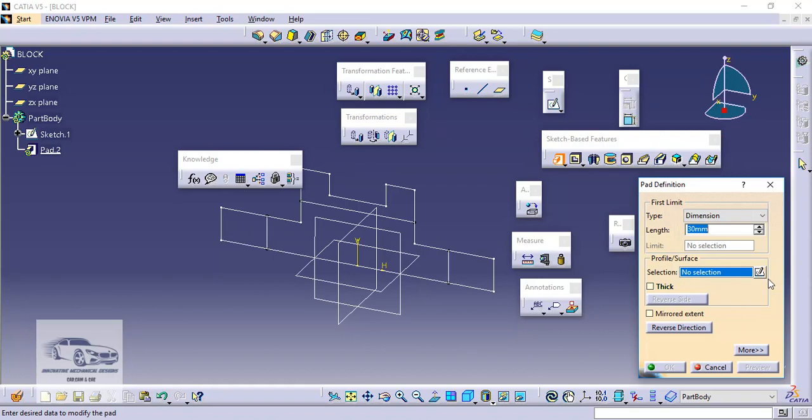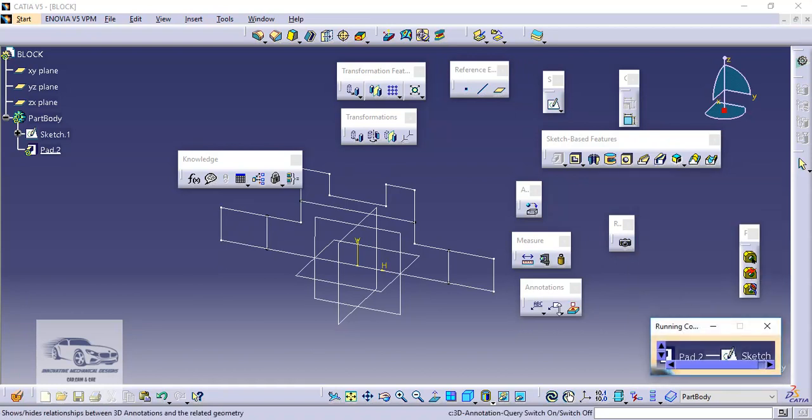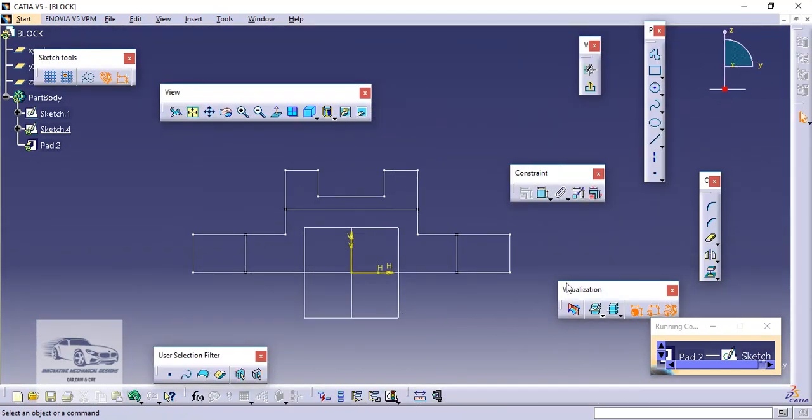If we use this technique, it is called internal sketching. So select sketch, select the front plane. I will start with the outer. Here we have this projection tool, project 3D elements, and now I will select the outer portion.